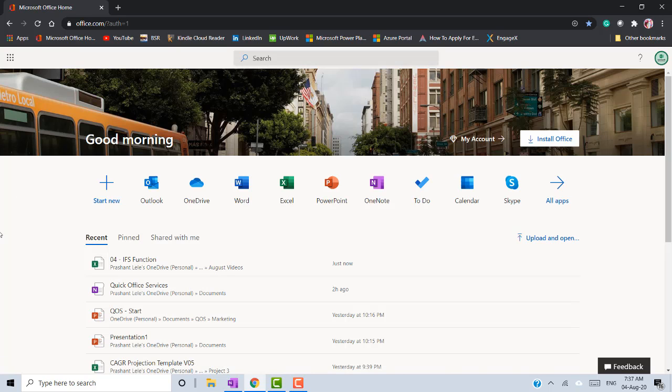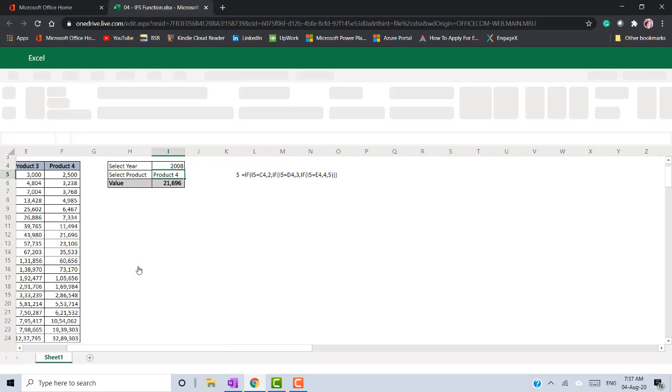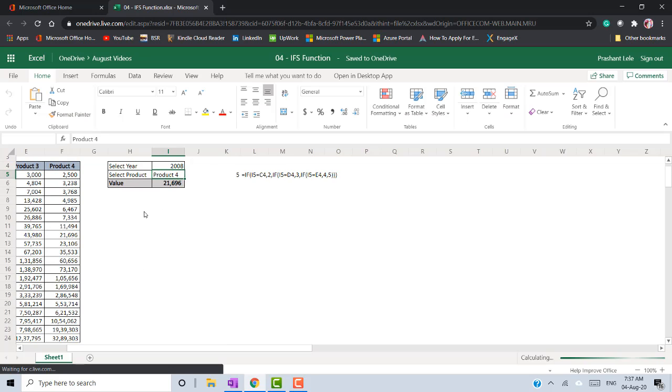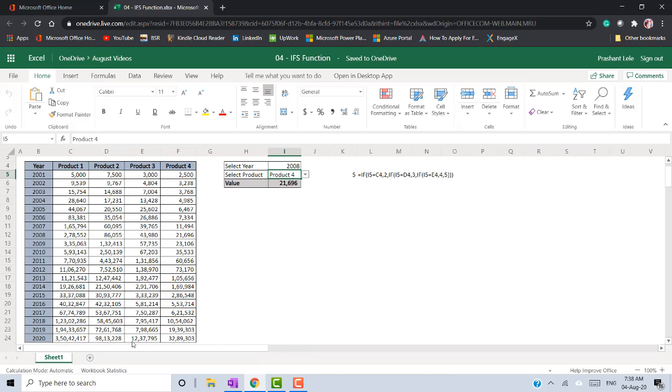Okay guys, so this is my OneDrive, my Office 365 online. The file is in Recent because we just opened it. I am opening it here in my browser. So the same file is open in the browser.